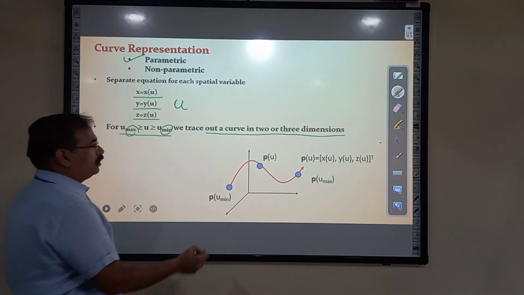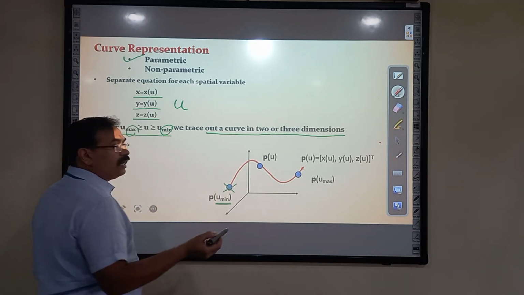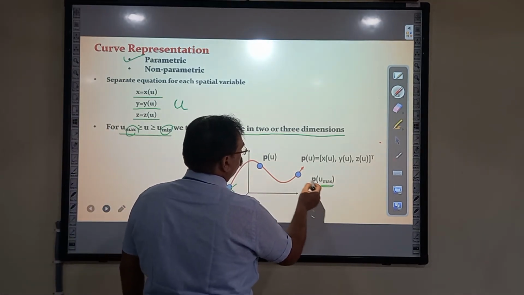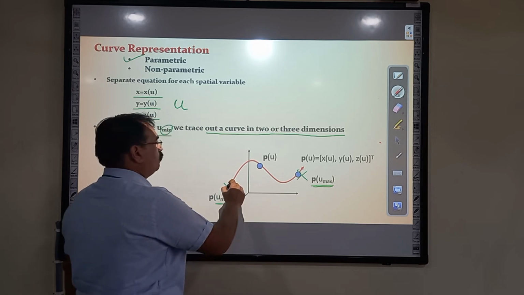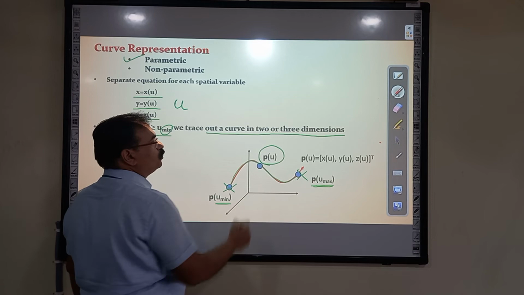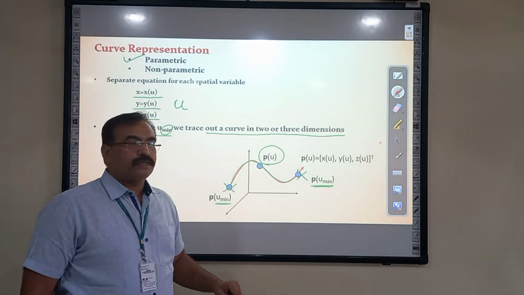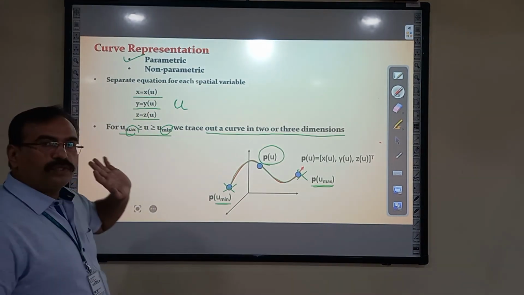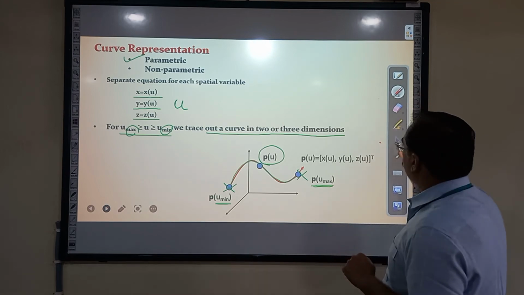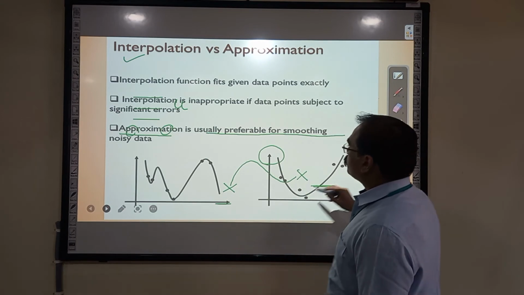Okay, so the starting point is going to have u minimum value, as I said, 0, and u max value as the last point. And meanwhile, all these points will again be functions of u, which will define the xy coordinate of that particular point. Okay, so this is the parametric equation of your curve. With this parametric equation, definitely we can define a number of curves.